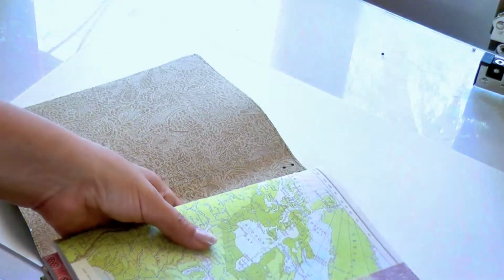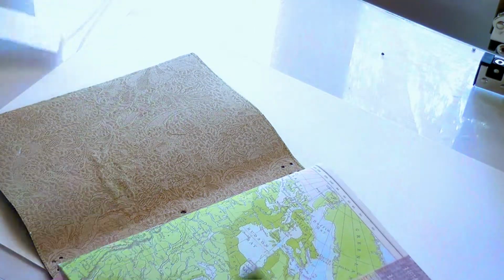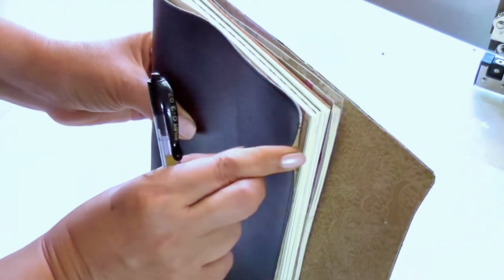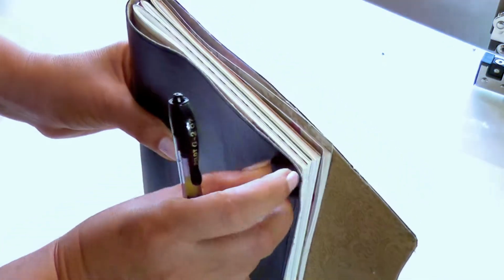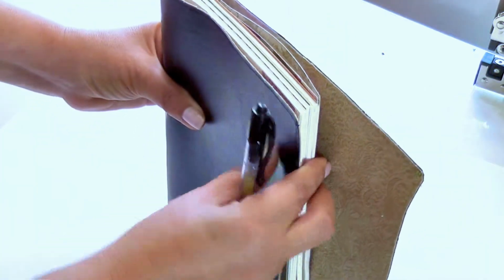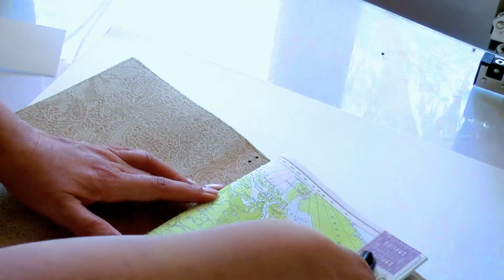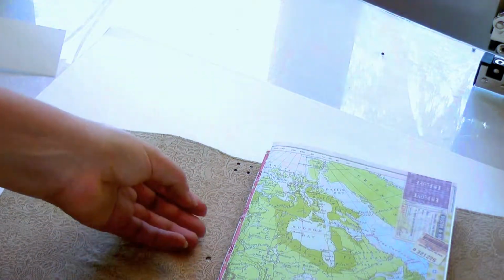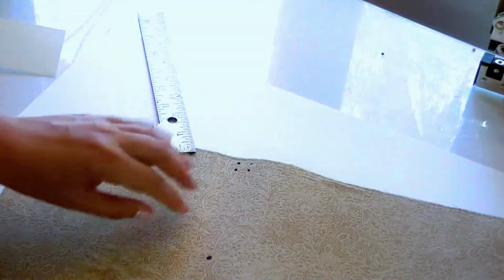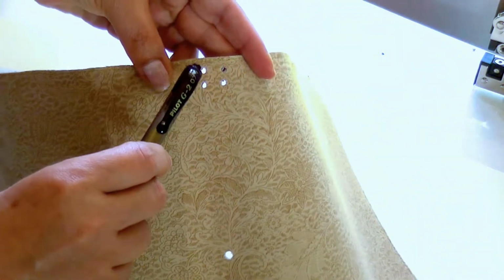Okay, so I already measured my notebooks, and I'm going just to put them like this inside the cover, leaving maybe a 1/4 inch overlapping like this, and I measure where I should make the marks. And for 4 books like this, I am going to need 2 sets of